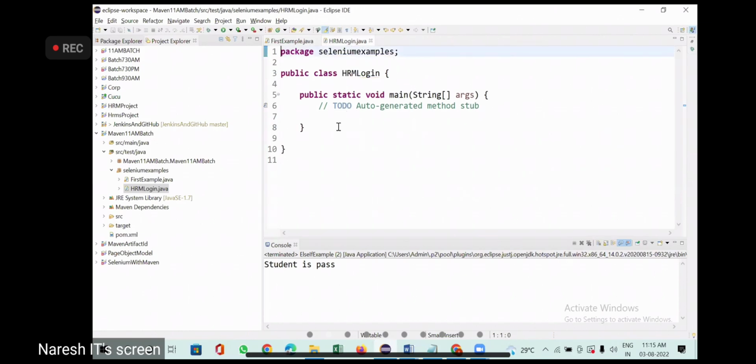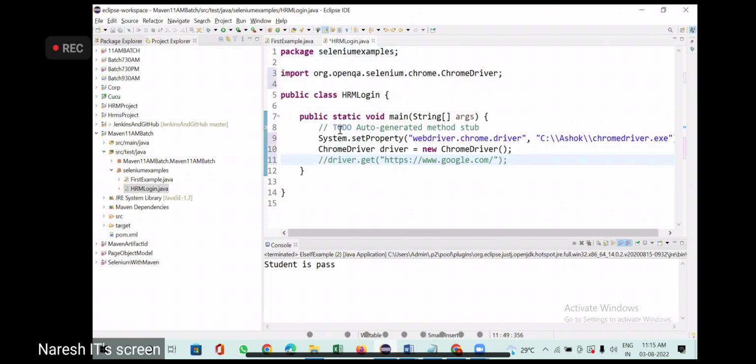System dot set property is going to be common. Here you can use Chrome driver equal to new Chrome driver. It is always best practice to go with this way: WebDriver